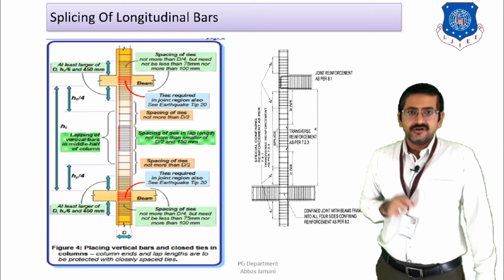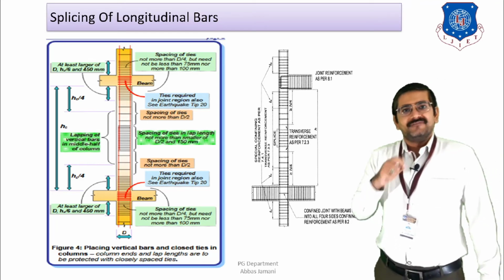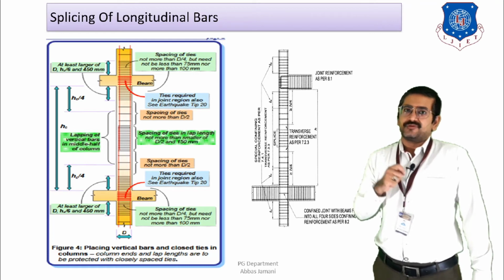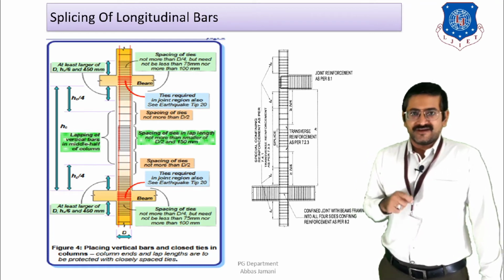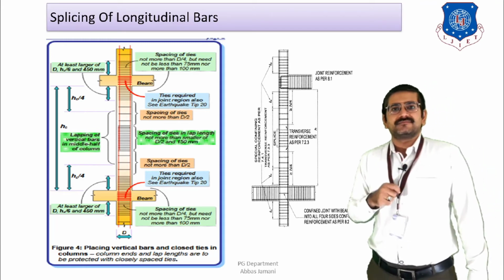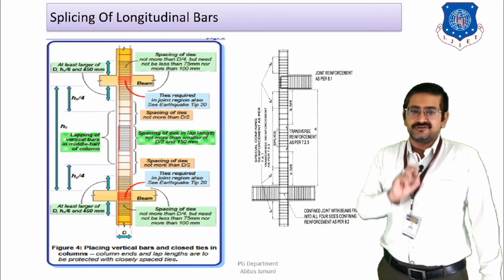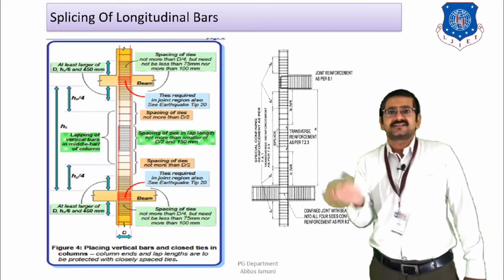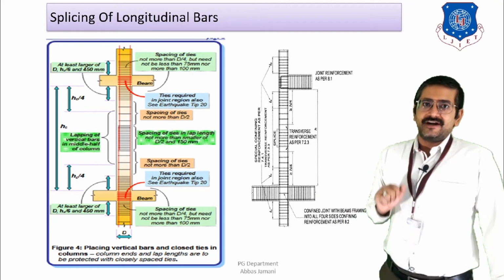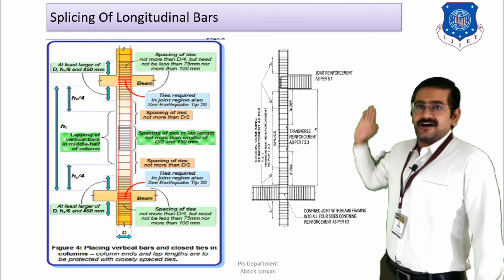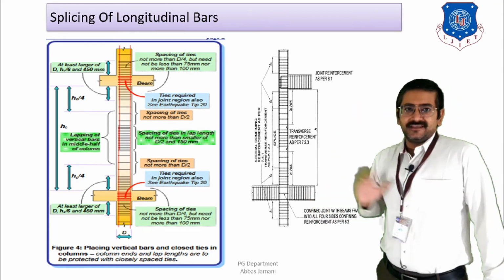Why is this so? This question can be answered if you are well aware of the analysis and the type of moment diagrams that are generated in the case of columns. If you talk about the moment diagram of columns under lateral loads, it is always going to be a reversal of stress, because once we apply the load in the positive x direction, the second time we apply the load in the negative x direction. So the moment diagram of the column is going to be in this diagonal format.